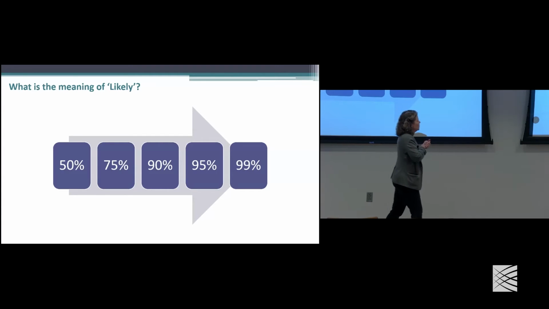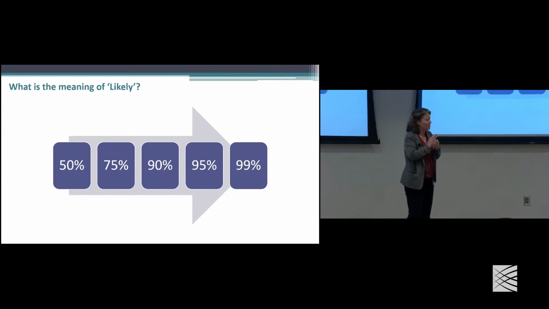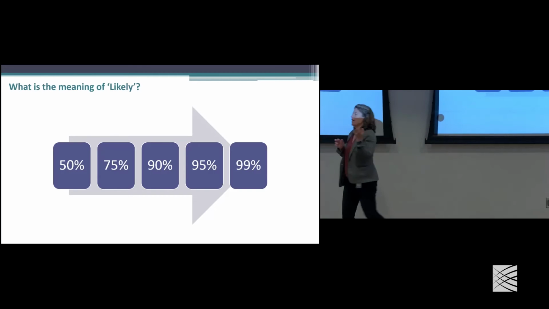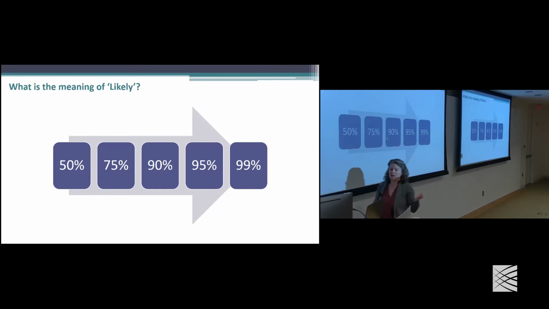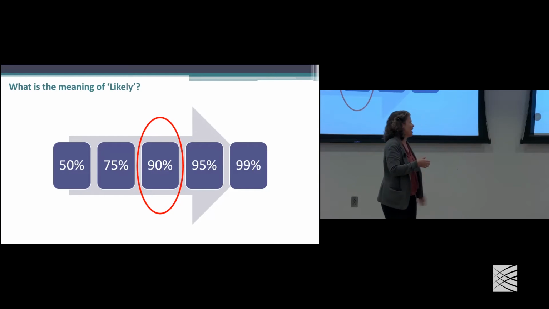Look it up in a dictionary, it doesn't give you anything. So we, by popular vote in our committee, decided to define that term for variant classification at the level of 90%. Why did we do that? Because we felt that clinicians would be willing to act on information that is at least at a 90% level of confidence. That was sort of the rationale.